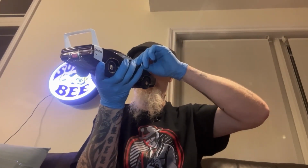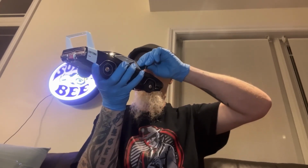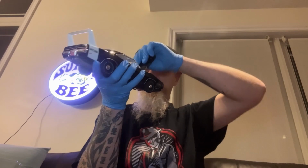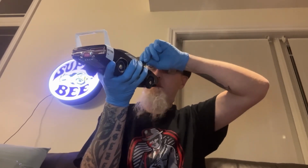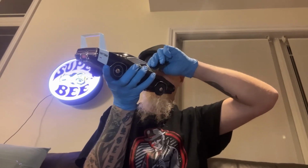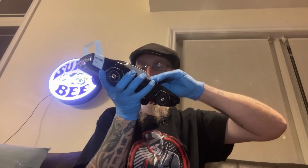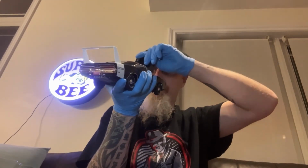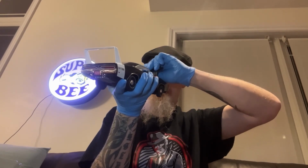That hood's wobbly on the left, the driver's side. Yeah, well, the driver's side's the way it's supposed to be. It's the other side that's got a paint buildup. So, that's wild. Right out of the...